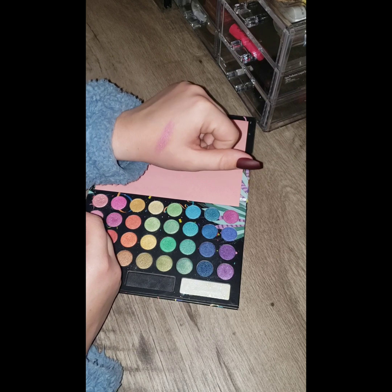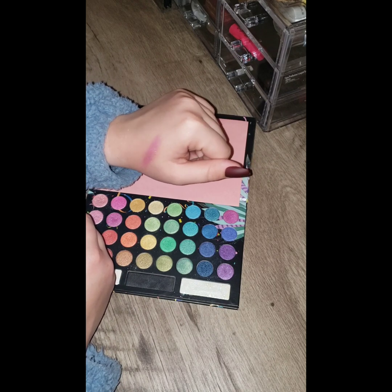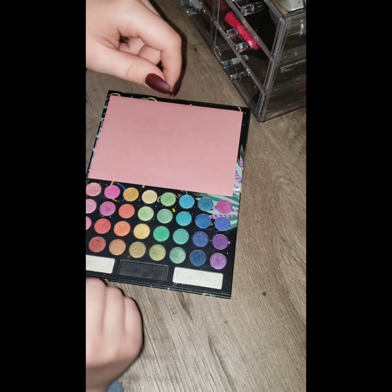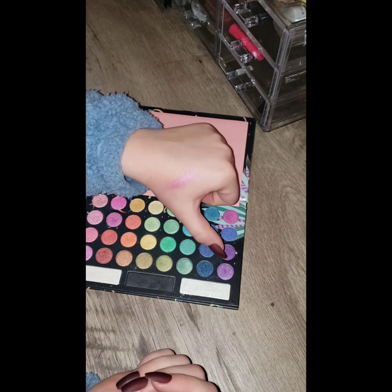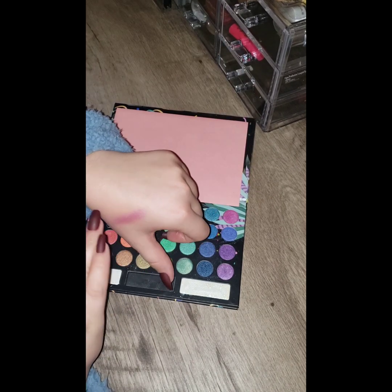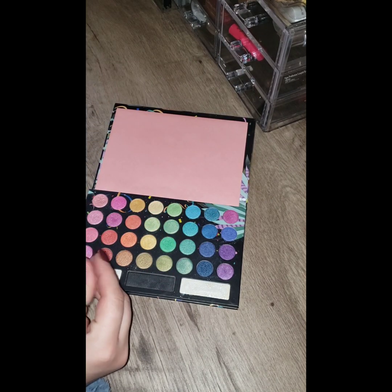So it's not thick glitter. It's a thinner glitter, if that makes sense. It's more metallic than glittery. But there's that one. I've still got some underneath from the last palette. I've also got